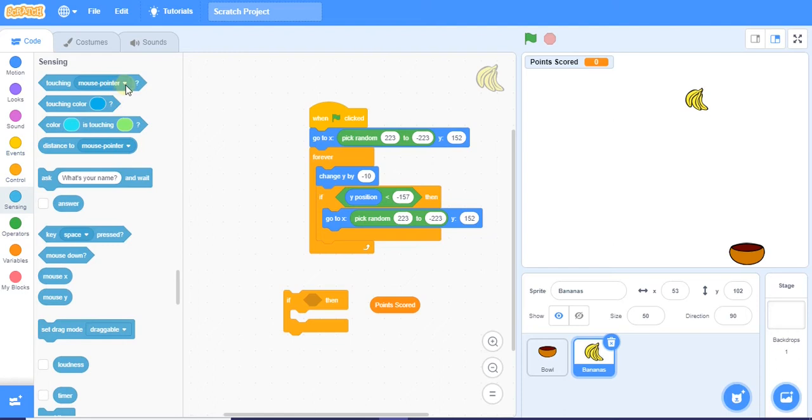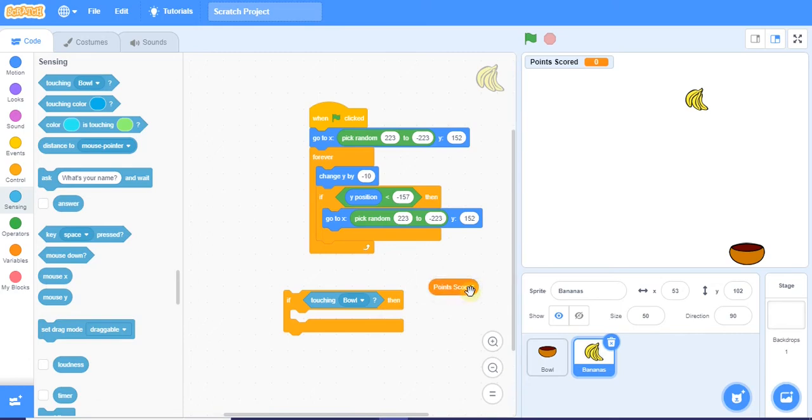What all do we have? Point of a mouse? No. Edge of the screen? No. We have something called ball. So if the sprite is touching the ball, then